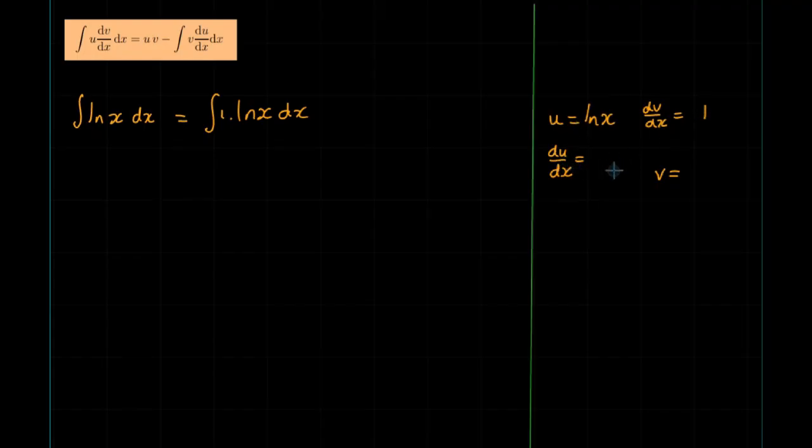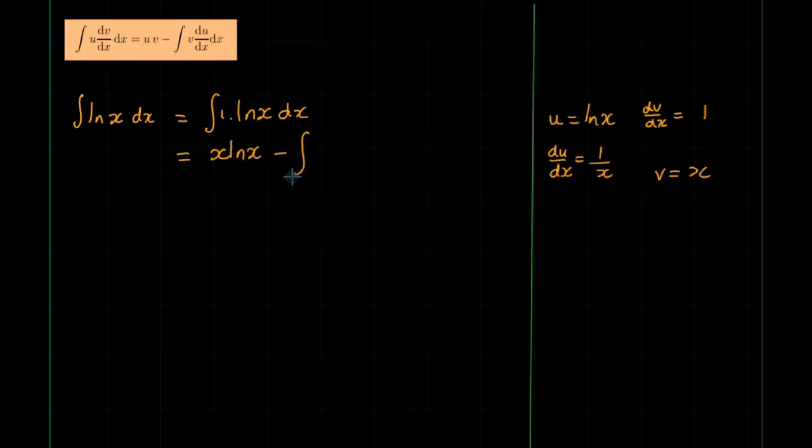Well, we'll differentiate it, so differentiating log x, we get 1 over x, and we integrate 1 and we get x. So when we apply parts to this, we get uv, which is x log x,